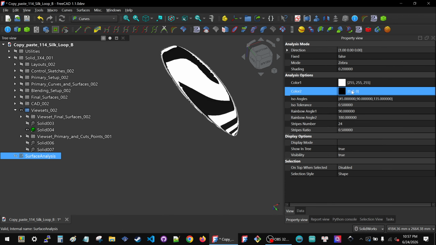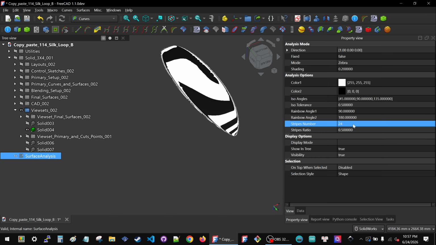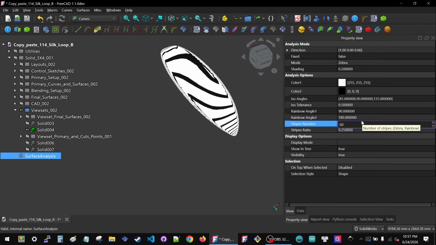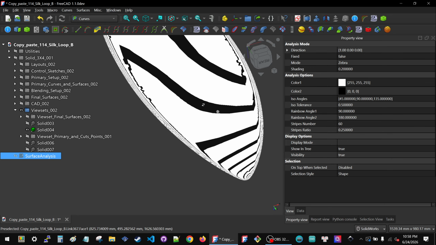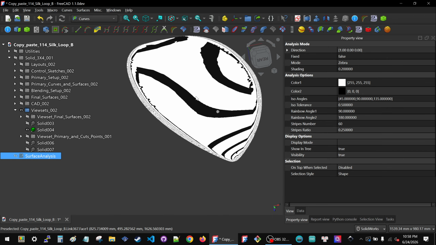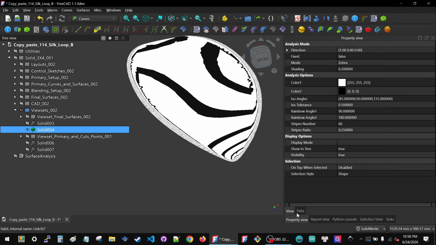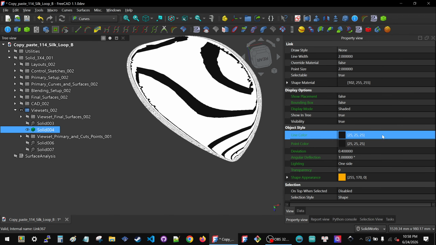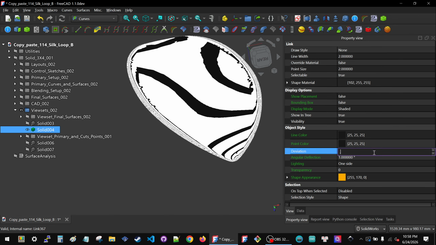Surface analysis, 90. Stripes ratio, 0.5. Stripe ratio, 0.25. Okay. We'll do 60 stripes. You know, there's got to be a reason this was created, and maybe it's even better than the zebra tool. But it's not obvious to me how this is better than the zebra tool or the specific value that it might have. I'm still going to crank up my resolution just for this test